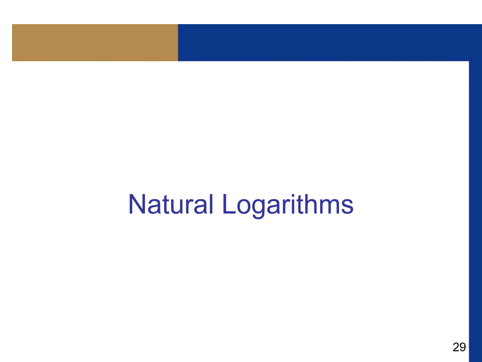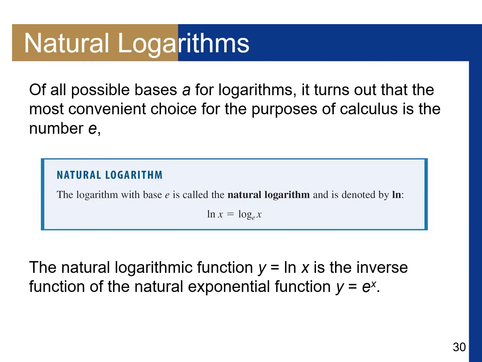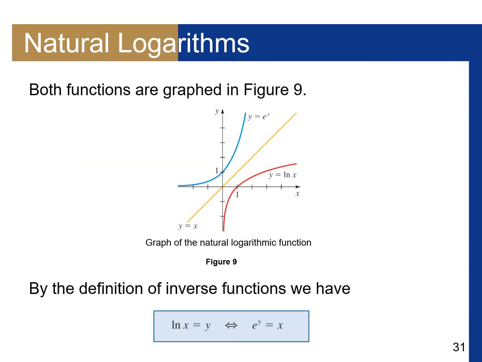Now, natural logs, the difference here is that the natural log is log base e. All the same properties will still apply. Here we again have the inverse function, but this time instead of using the word log, we use ln. And anytime you see ln, that means that it is log base e. So again, I want to emphasize that ln,